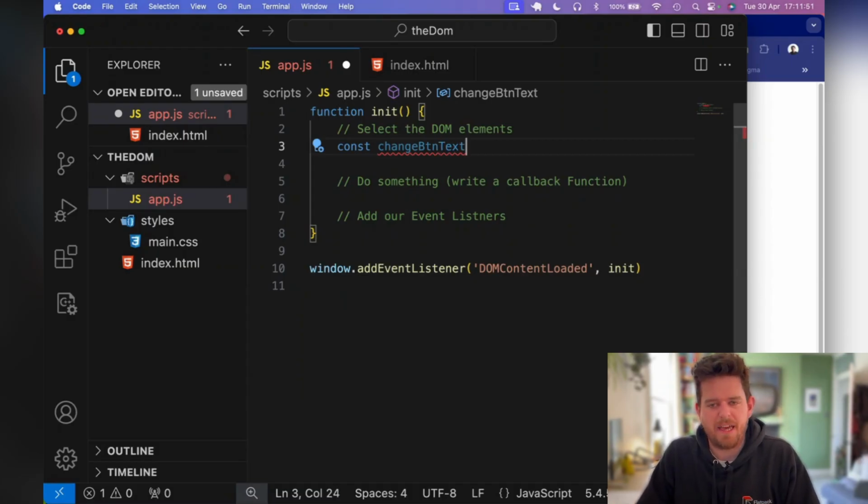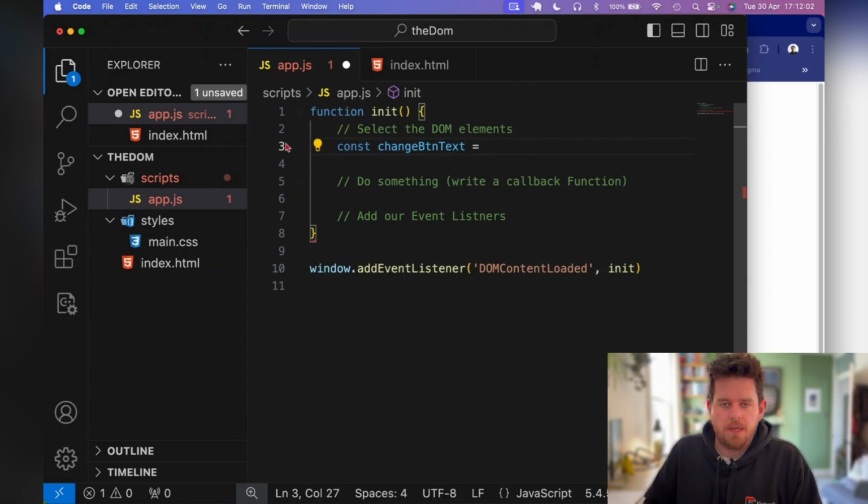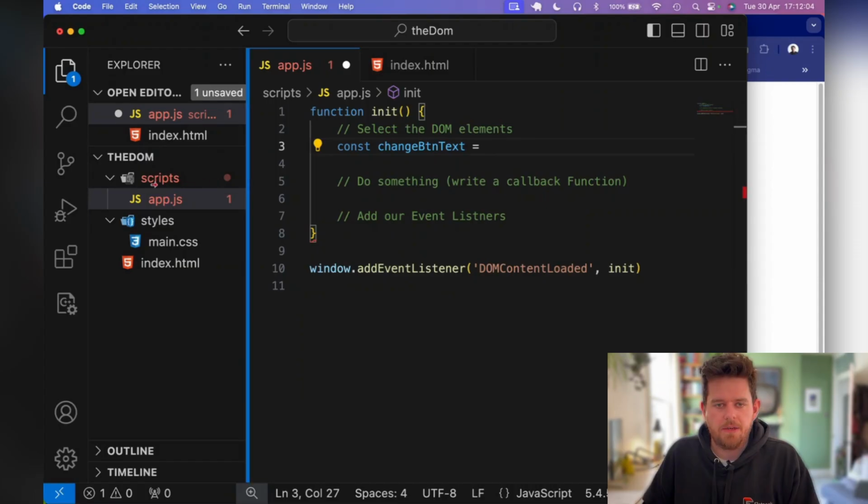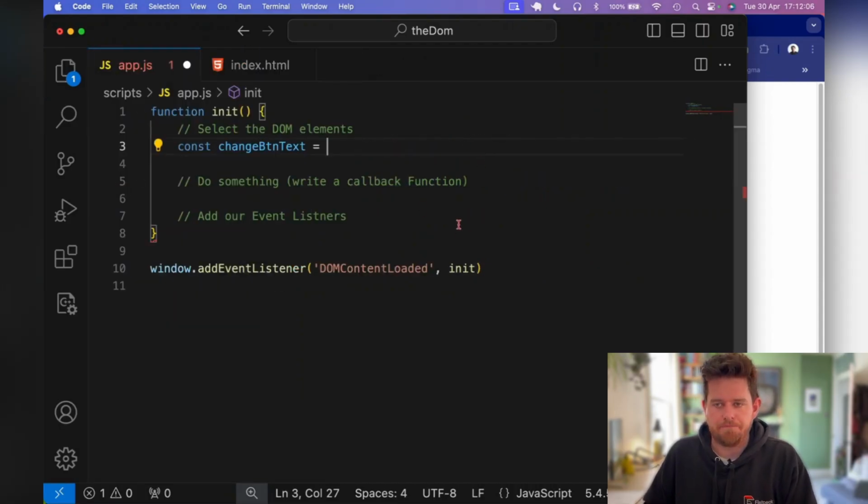Change button text. That sort of makes sense to me. That's what this button is going to do. And then we'll set this variable equal to, let me just move this out of the way so that you can see more of my screen. We will set this variable to